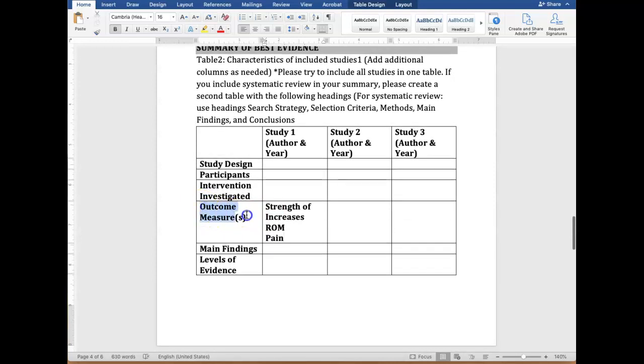Now, here's where it gets tricky in a critical appraisal topic. In order to have a good critical appraisal topic, in order to really score relatively high on this particular assignment, you have to have a consistent outcome measure across all 3 studies. So an example would be if study 1 includes strength of something, then study 2 should include the same strength of, right? So strength of quads, and this one should also include strength of quads. So, guys, if you don't have all 3 studies that share an outcome measure, then you cannot have a critical appraisal topic. Hopefully that's clear. Okay,